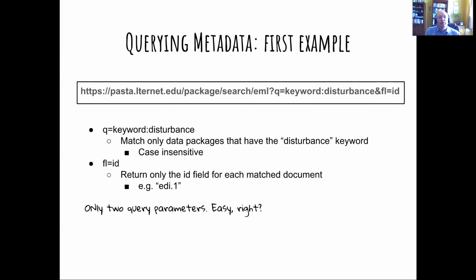The second parameter, FL, specifies the field list we are asking Pasta Plus to return. In this case, we're saying that for each matching document, all we want to know is its ID value, such as edi.1. This is pretty simple, right? Only 2 query parameters. This URL is something you could type into a browser and you would see the results